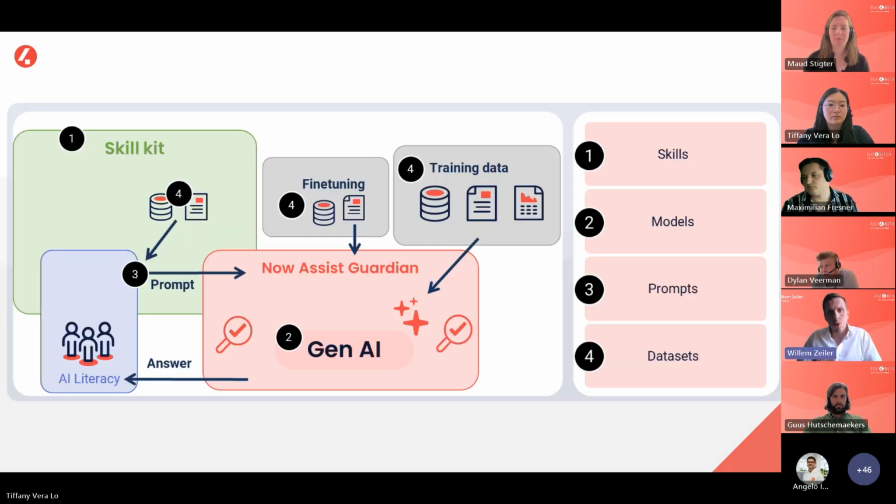Then combining all these tools and interventions into one picture. And we already mentioned quite a few times it's about the use case. The legislation in the EU is not governing AI as a technology, it's about the use cases, the usage of that AI. So the right people with the right training, being AI literate, so that they can challenge the output of an LLM, the right usage of those LLMs, don't use them in a risky way, use them in a proper way, the right guide rails like Now Assist Guardian, like AI governance, the workspace and the control tower